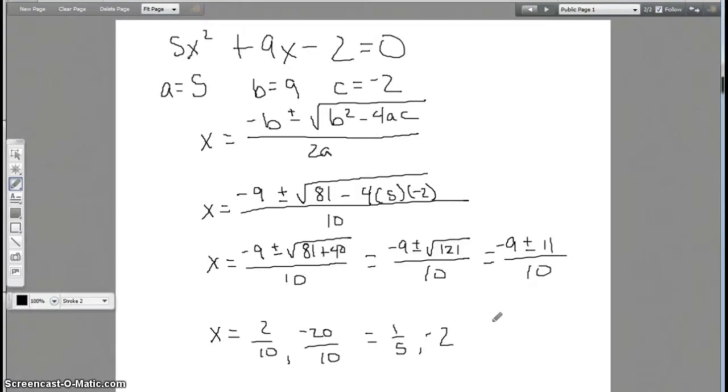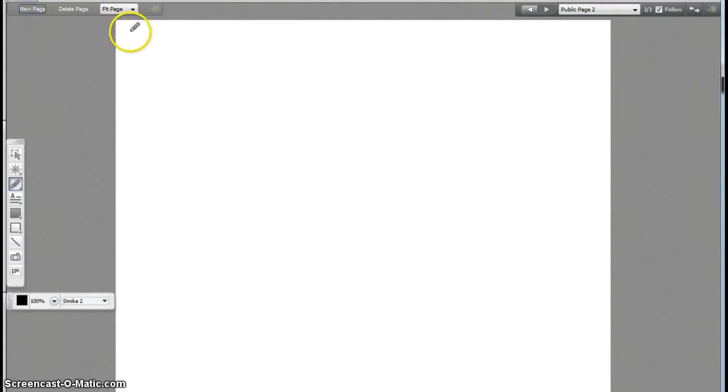Okay, let's look at some of the example problems in set 2 now. So in set 2, number 4 just asks for you to take each equation, write it in standard form, and then give the values of a, b, and c. So let's look at number 4, part C. What we're given is 7x squared is equal to x